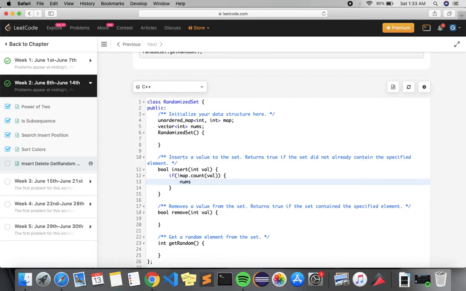First we have to insert this value of nums into the array. As I said before, I am inserting the value in the array and inserting the index in the map.